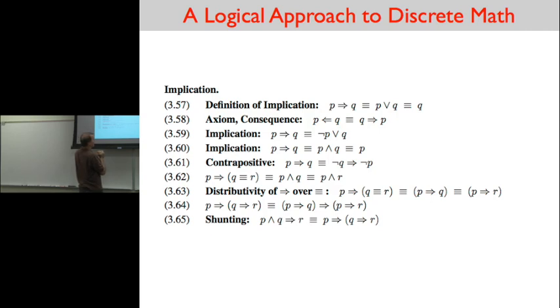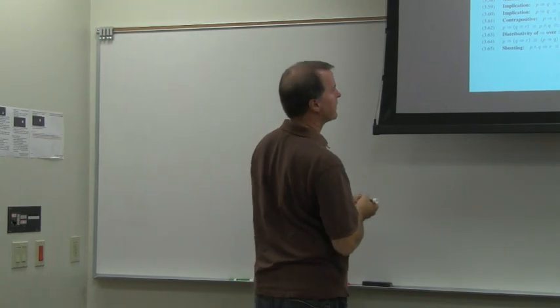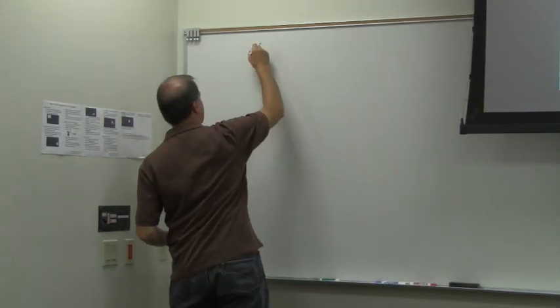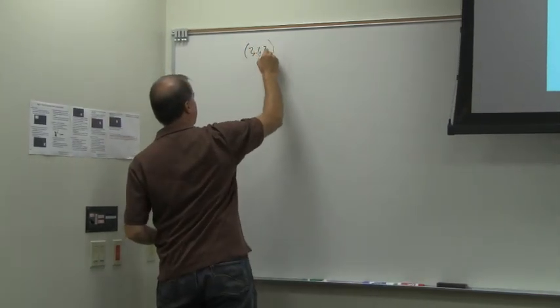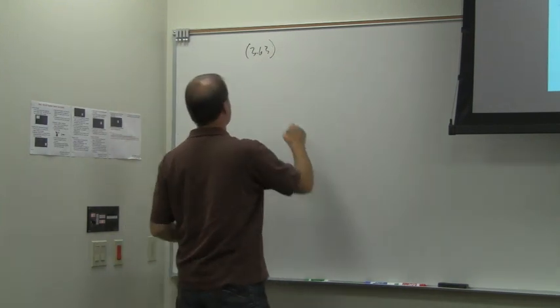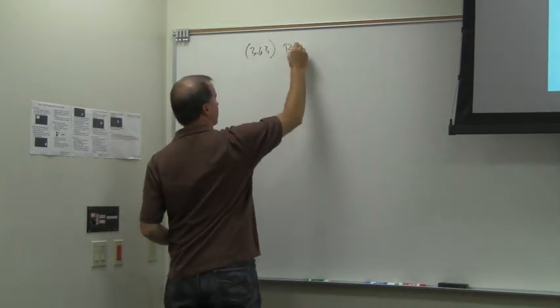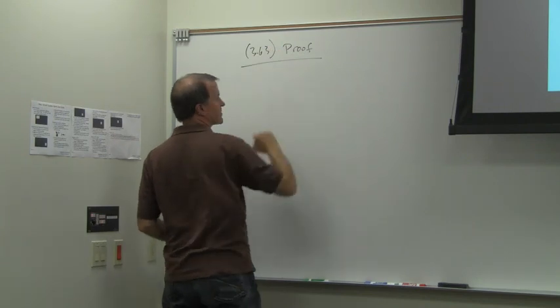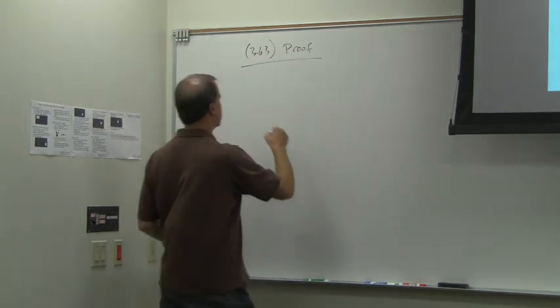No, I think we should. What do you think? The last two in the first one. Yeah, I think you should get all of these to equivalent this. Right. Yeah, I think that's a good idea. Okay, so to prove 3.63, start with P implies Q